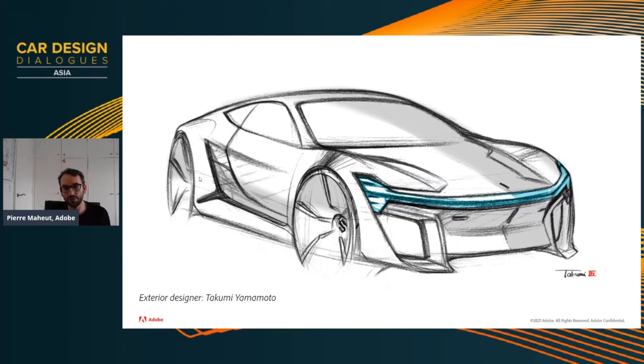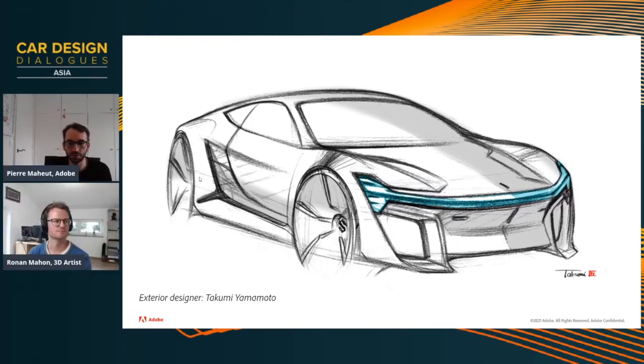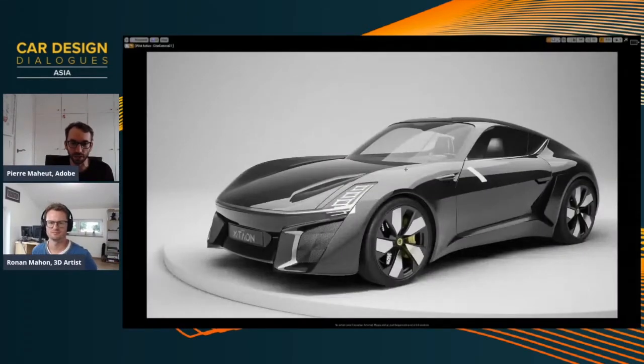So we'll leave the floor to Ronan. He will be using the X-Town car. That is a car that we've developed with a great team of designers. For the exterior design, Takumi Yamamoto, who used to be at Citroën and then Polyphony Digital on the Gran Turismo games, and now freelancing. And then Frédéric Gasson, who did the 3D modeling in Alias, to in the end be able to deliver the models to Ronan to do his magic. But I'm leaving the end to Ronan.